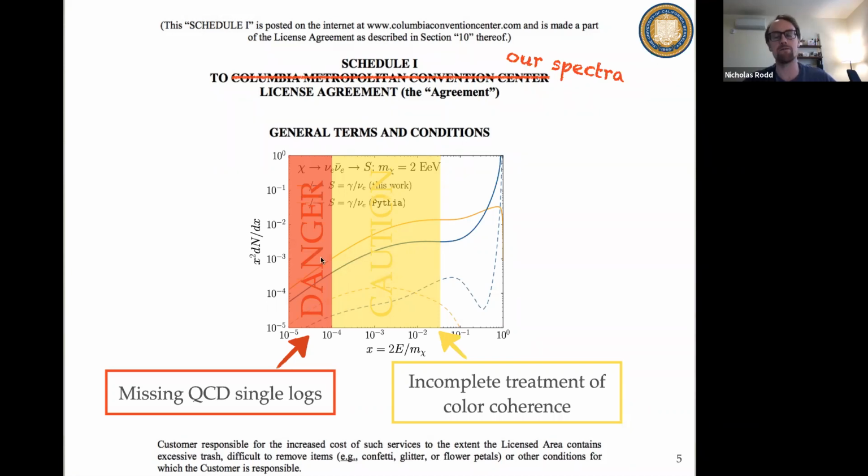And then at the lowest energy fractions, even though I can formally get an answer out of my calculation, I don't trust these at all. For our full calculation, we only have double logarithmic accuracy, and we know that the single log terms we're missing dominate at this lower scale. So I would easily imagine our results could have order of magnitude errors down here.